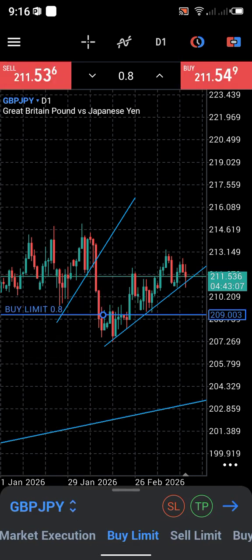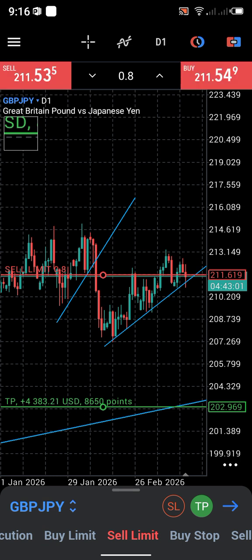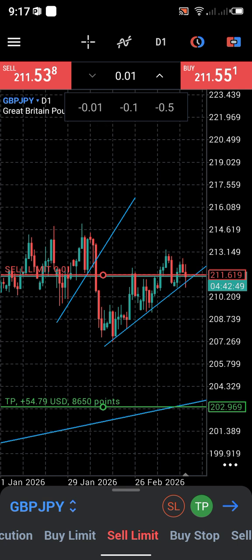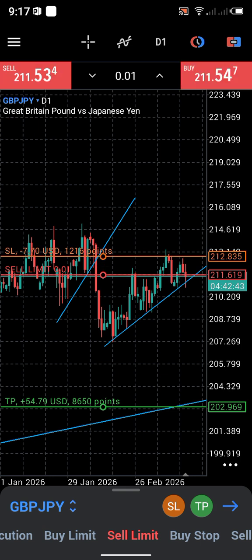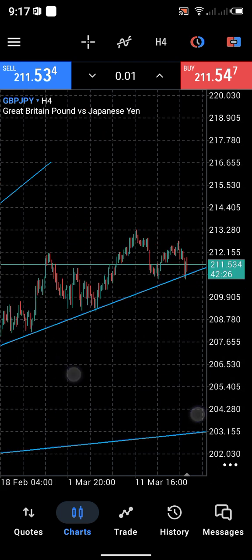So for GbpJpy, if I'm to sell here, I'll likely be holding until we reach this area. That's around 4k, right? But I won't use that much. I think I'll just use 0.01, that's 54. But what's the stop loss at? The stop loss will be just above here. Stop loss will be around $7. So for GbpJpy, I'll be taking sales because I'm expecting that price is likely to have another continuation push to the downside. Alright, so I go to the H4 just so that I can confirm the details of my sell